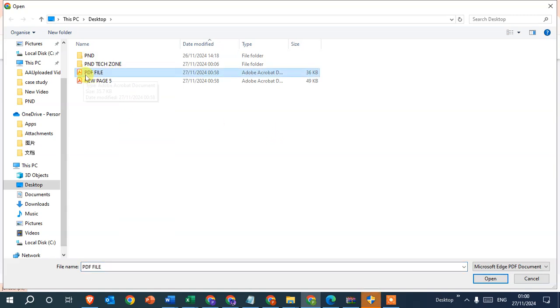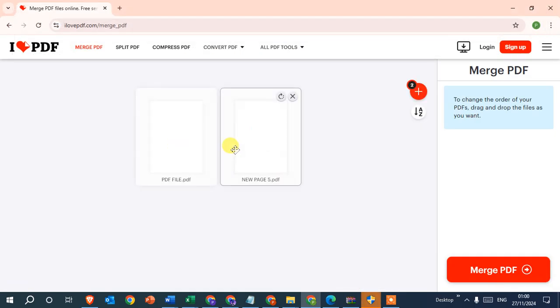First select the first file, then press the Control key and select the second file also. Okay, then click on Open. Now you can see both files are added here. You can change the order of your PDFs,